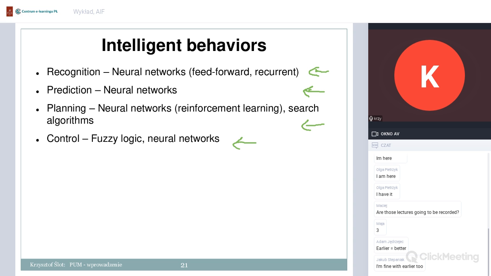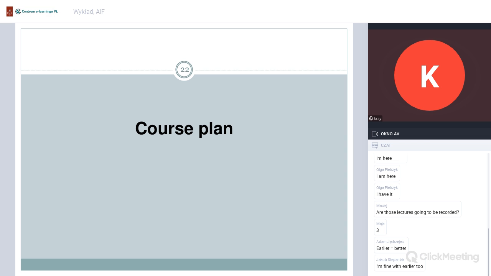And I put this slide just to emphasize that we will be having three different research directions or concepts or strategies that we will be covering during this course. So we'll be talking about neural networks. So this is a neural network, so forgive me. We'll be talking about search algorithms. So this is the second family of methods, and we'll be talking about fuzzy logic. So this will be the contents of this course.